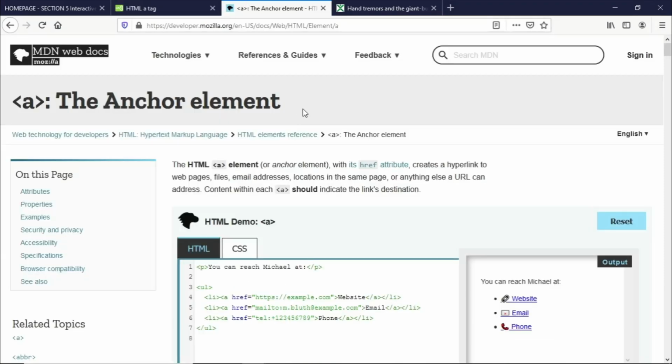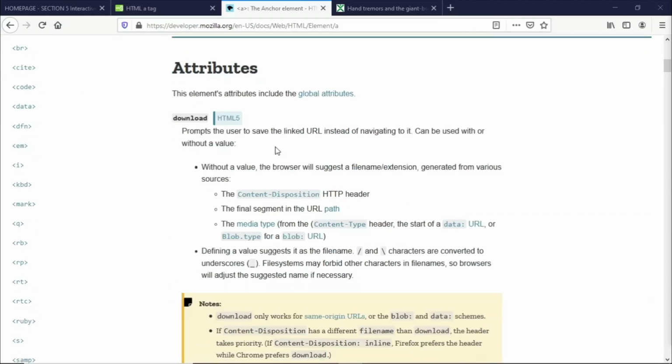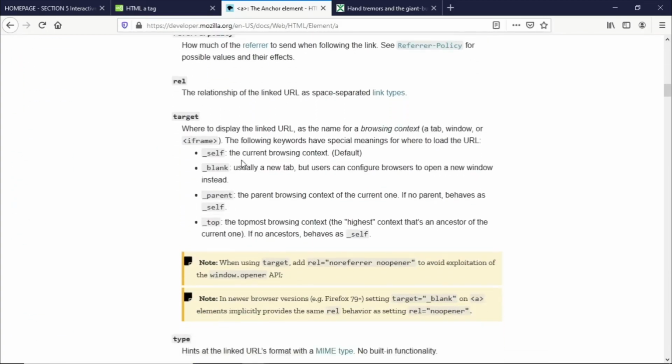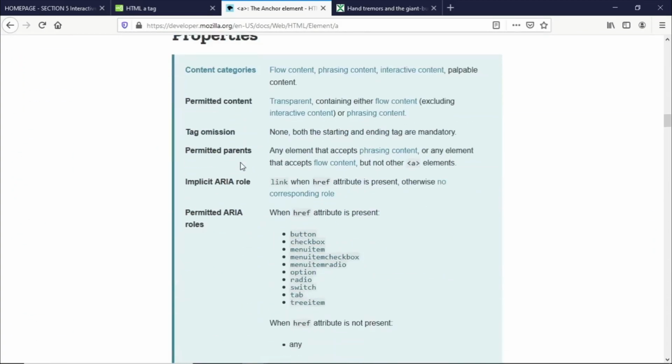So if we go to the other documentation here, it says here that the HTML element or anchor element, through the use of the href attribute, can help create a hyperlink to web pages, files, email addresses, locations in the same page, or anything else a URL can address. Content within each A tag should indicate the link's destination. So I suggest that you go through the attributes also here, the definitions here, and I just want to specify here the,